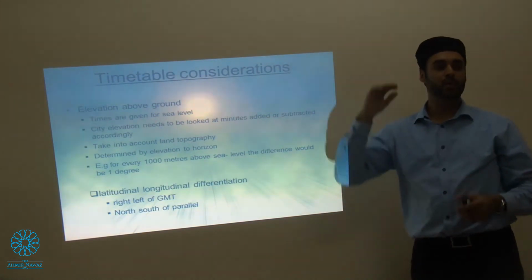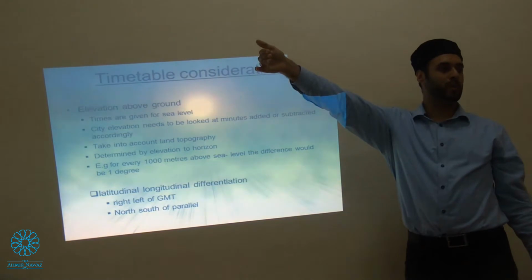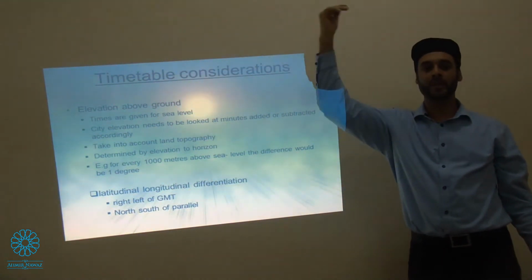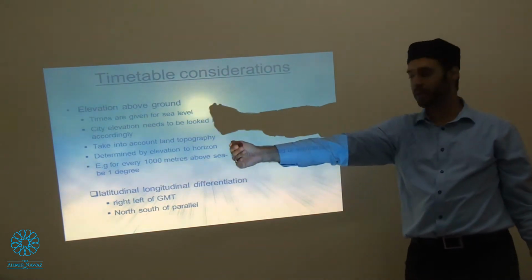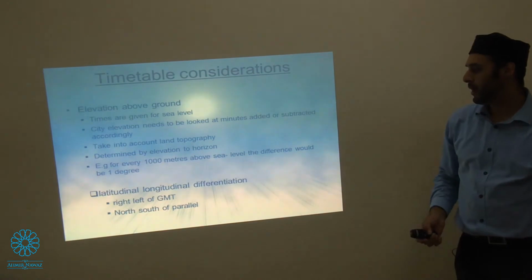Topography. How do I know that just on the edge of my horizon, I think it's about 30 miles away, there's a hill or there's a mountain, right? So the sun's going down behind that, but actually it's not going down below the horizon. So altitude,